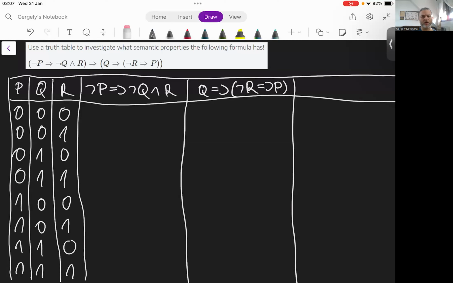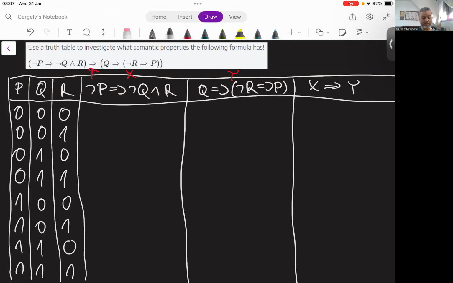In this video, we are going to evaluate this quite compound formula. I would like to separate the evaluation of the left-hand side and right-hand side operands of the main operator, which is implication here. And at the very end, I would like to evaluate the entire formula. Therefore, now I'm introducing the notation X for the left-hand side operand, Y for the other operand, and at the very end, I will evaluate X implies Y.